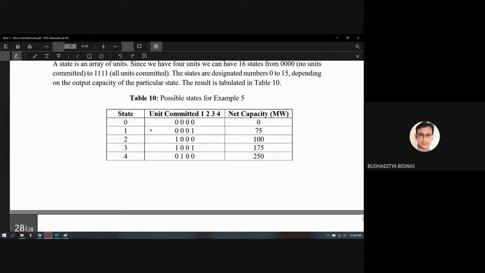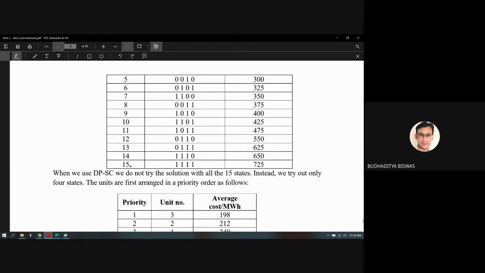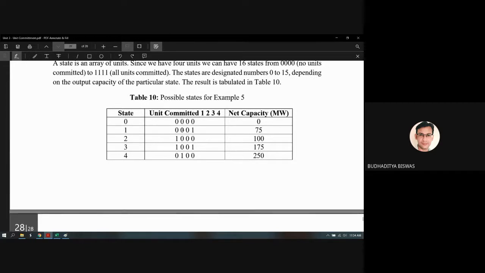Here you see these are actually the number of states, and as a total of 4 units are there, the total states should be 16. Starting from 0 to 15 states are there. And in digital electronics, we studied that 0 means all are 0000. After that 0001. Then after 0001, we must write 0010. So why is 1000 written after it? Because